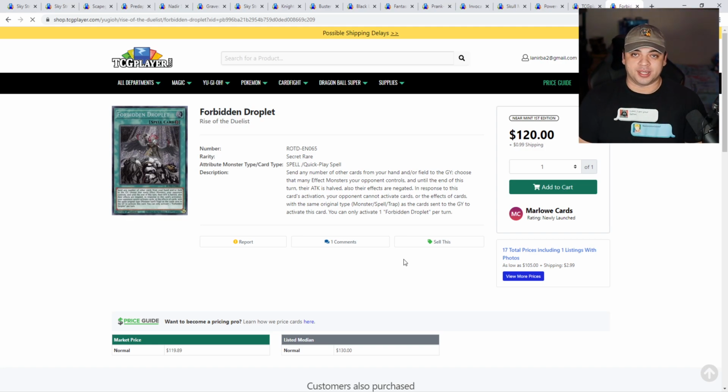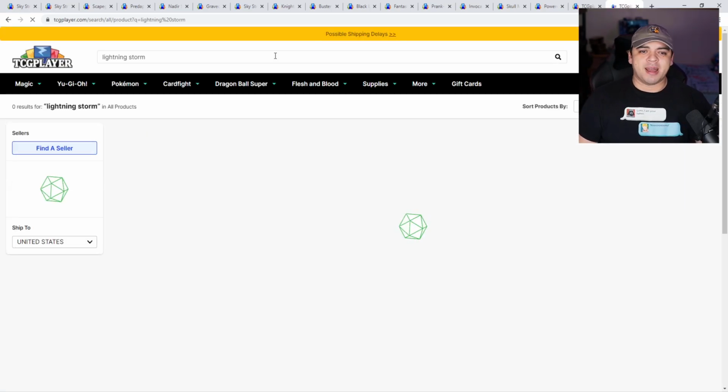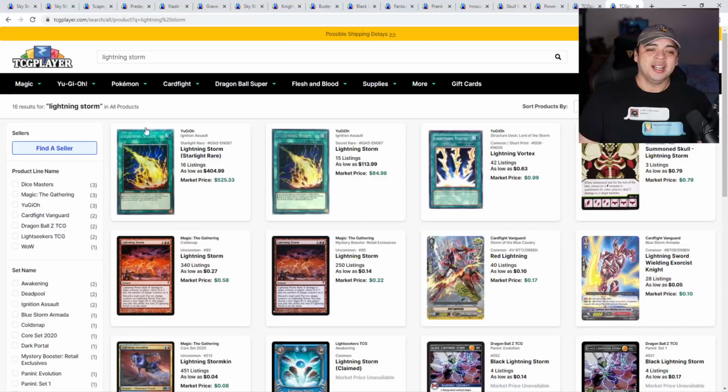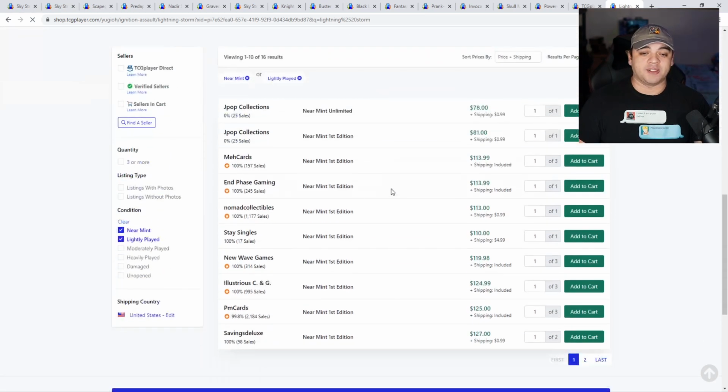It's insanely busted. Looking at other cards, we also have Lightning Storm, which players are debating on playing. If not, you can also play Evenly Matched. But Evenly Matched is for the poor. Okay? I got Lightning Storm because I'm one of the elite, the 1%. I got $14 in my account. Look at that Lightning Storm Secret Rare at Ignition Store with an $85 market price. The value of the cards currently is roughly around...